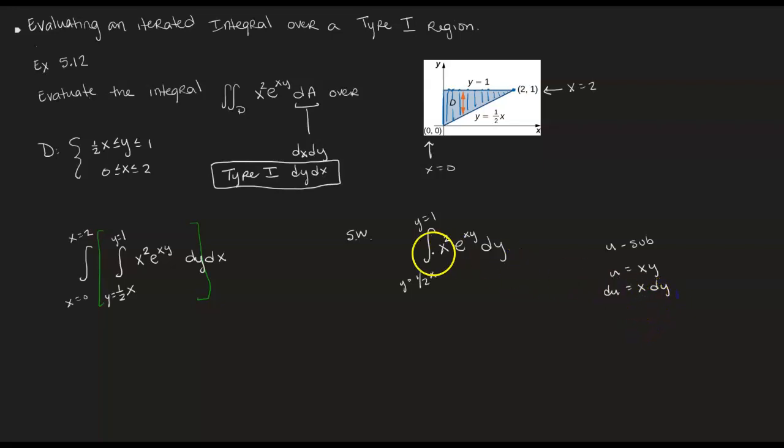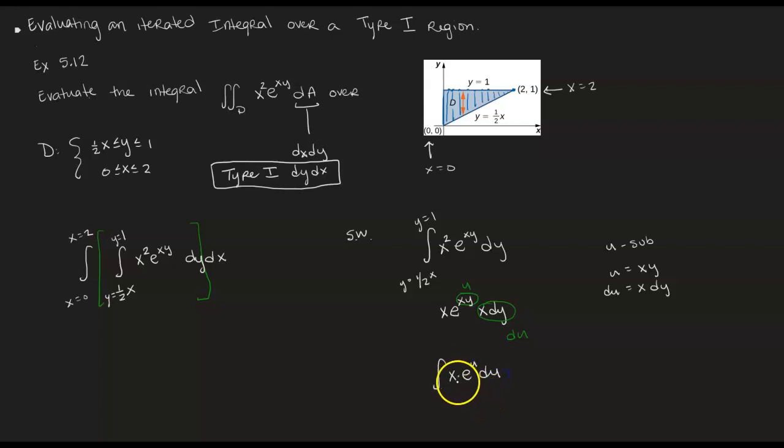We happen to have an x, actually an x squared, but one of those x's is going to be absorbed by our du term. So let's look at this instead of x squared e to the xy. We can look at it as x e to the xy x dy. I just split my x squared so that one of them is over here. And the reason I like to look at it this way is because x dy becomes du, and then x times y becomes u. So when we rewrite our integral, it will look like x times e to the u